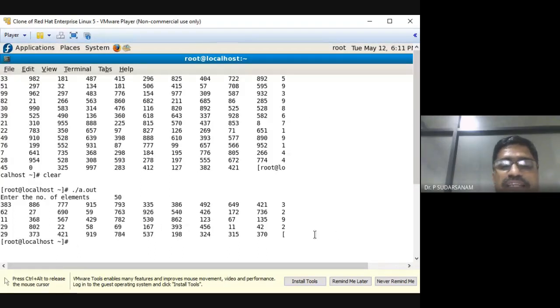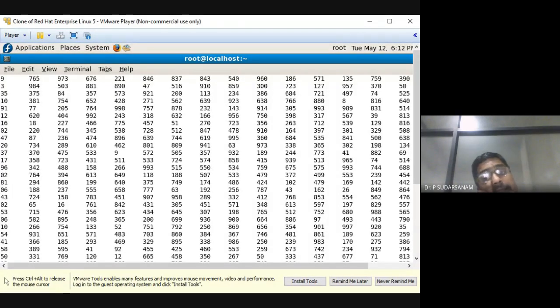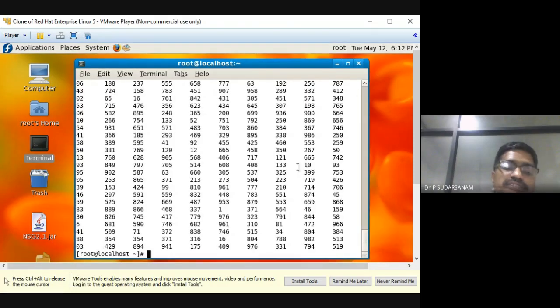This is not the program, because here I made the range smaller: 421, afterwards 362, next 27, next 690, 59. So you will be getting numbers from 0 to 999, because I have entered only 50 elements. If you enter 1000 or 2000, you will be getting very big numbers. See here, I'll enter around 20,000. You got the bigger numbers, they will be stored like this. So this is the way of writing code to generate random numbers.